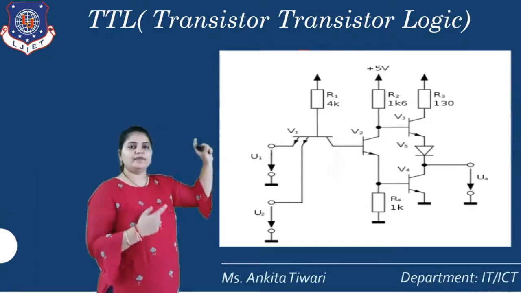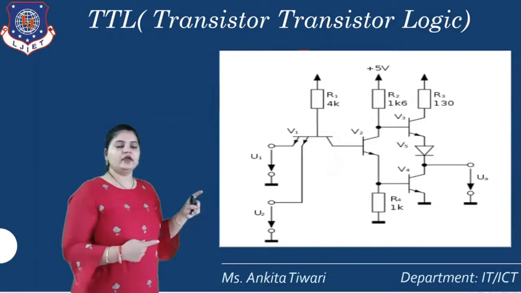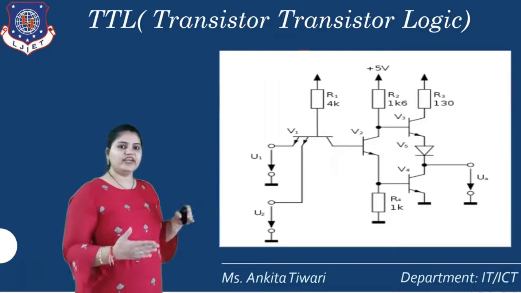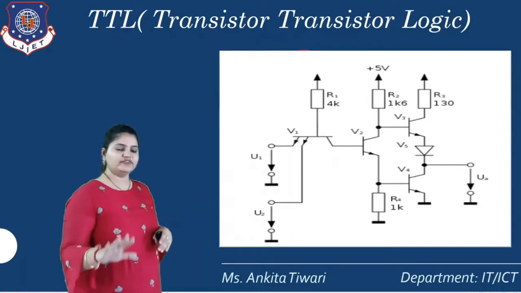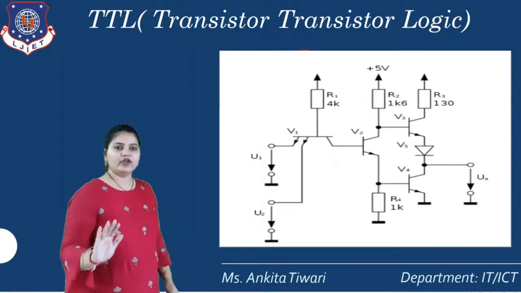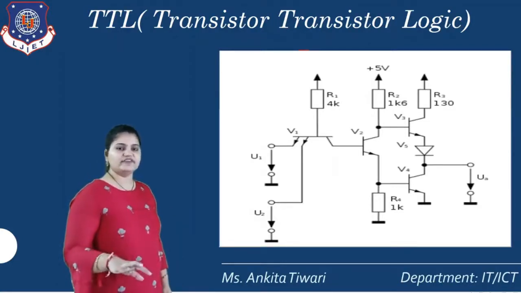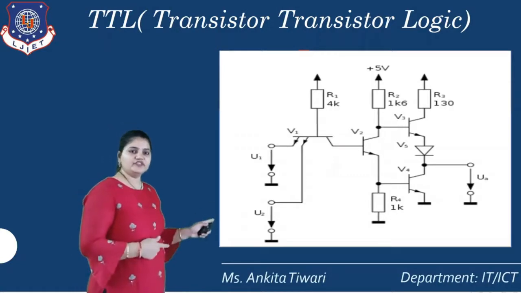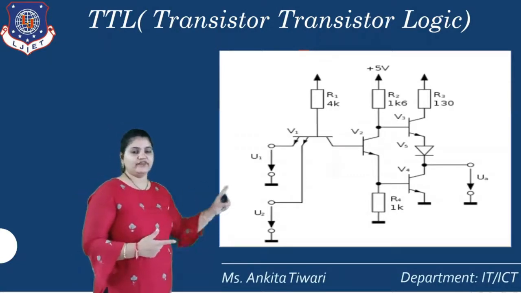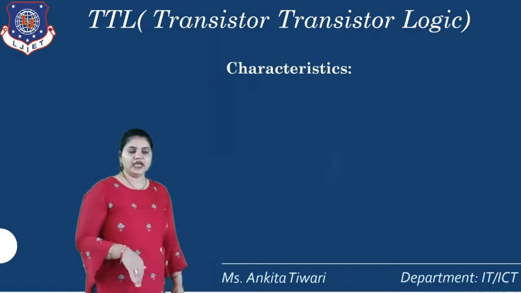Now with respect to that, here plus 5 volt is being taken, because the maximum voltage we are applying is 5 volt. Okay, and it is positive, that is, a positive value we are taking. Now with respect to that, 1K is applied at each and every component, and we will get the output.